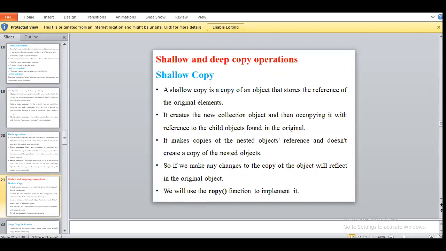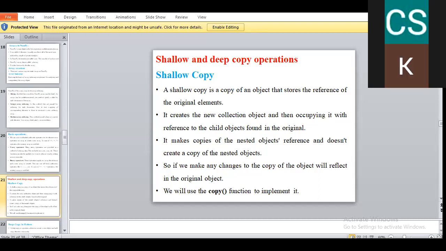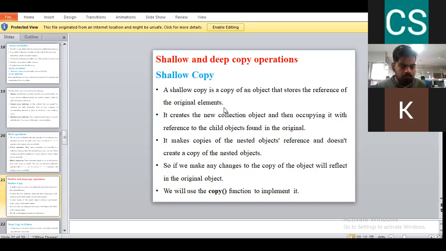Shallow and deep copy operation. Means what? There are two types of copy operation: one is shallow and the other is deep copy. A shallow copy is a copy of an object that stores the reference of the original element. Reference of the original element means what? The data which we enter in the program, we call it an object. The reference of that variable will be